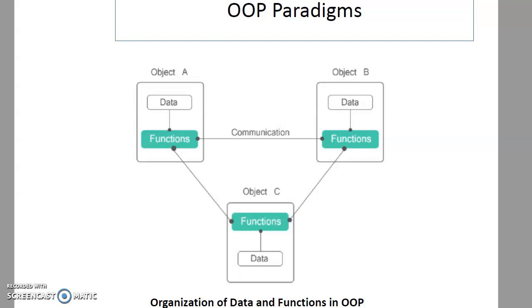Object A, object B and object C can communicate with each other, but the data of object A is not accessible to the outside world if it is declared as private. So it is providing security of data in object oriented programming. Yes, you can give access if you want by using access specifiers like protected and public. Particularly, public is used to give access to the data to the outside world. Depending on your requirement, the programmer can decide how he wants to give access to his data, whether he wants to give it to the outside world or not. So all these facilities are provided in object oriented programming.